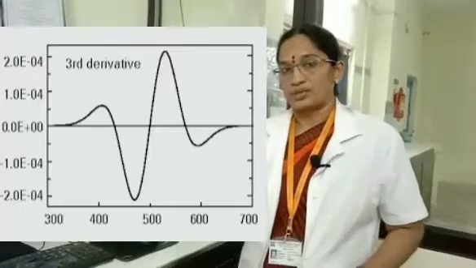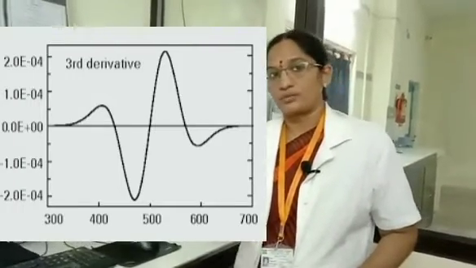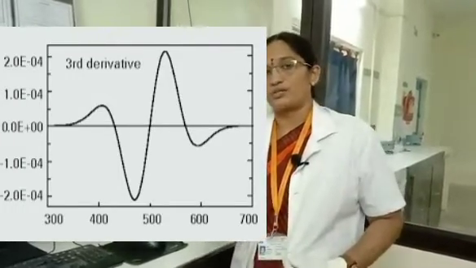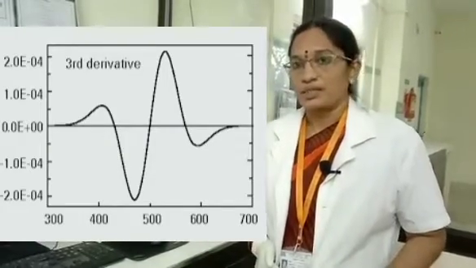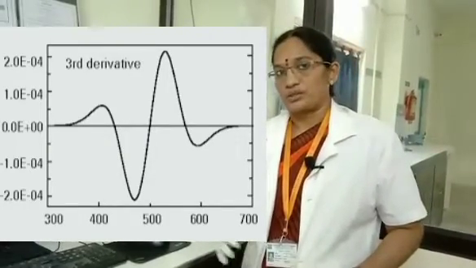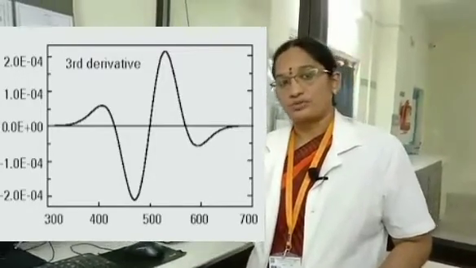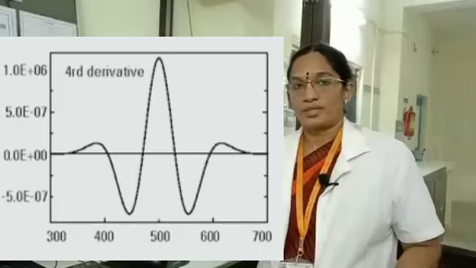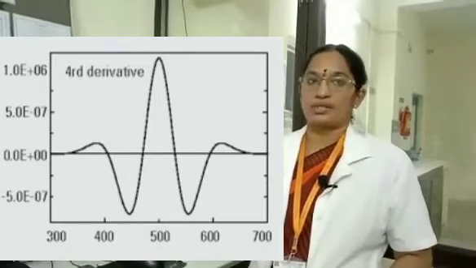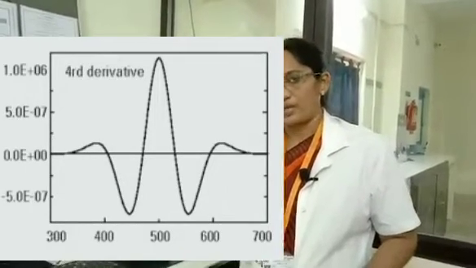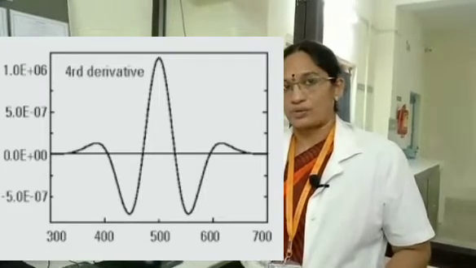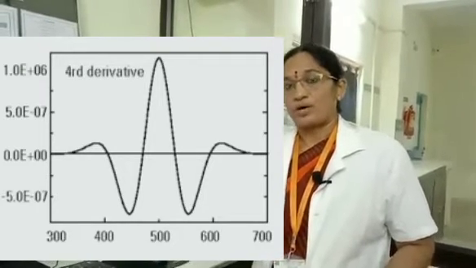When we subject it to third order derivatization, we get a more resolved spectrum, where we see the dispersed function of absorption with the wavelength. Then with the fourth order spectrum, the spectrum is like an inversion of the second order spectrum, and we get a very narrow middle band, and one component does not interfere with the other. That can be clearly seen in this fourth order spectrum.